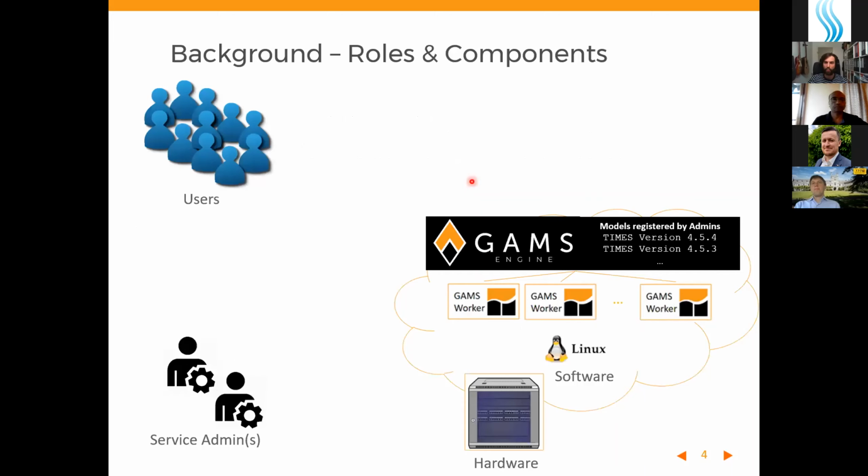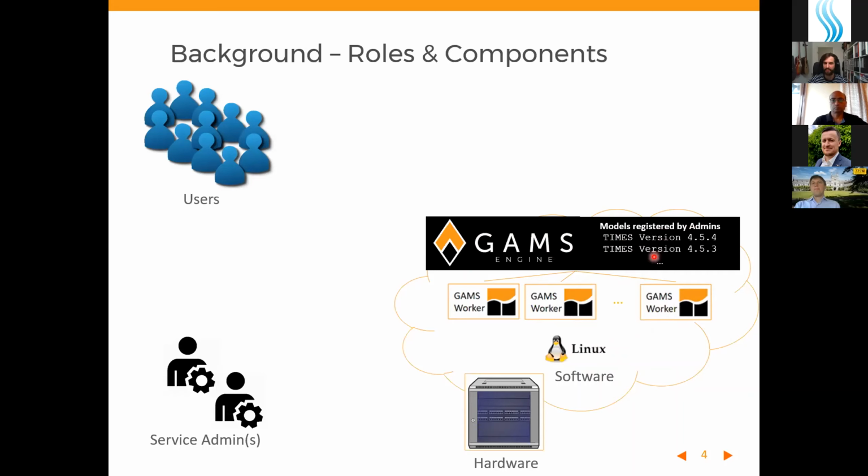What are, again, the components and who are the players in such a service? There are, of course, the users who want to solve a Times model. Then there is the entire cloud setup consisting of hardware and a software stack, meaning the operating system, the technology called GAMS Engine, which acts like a broker that assigns incoming jobs to available GAMS workers.